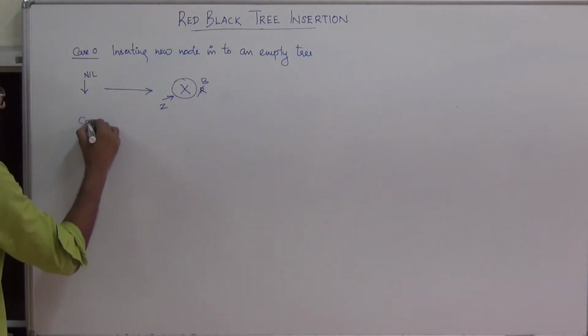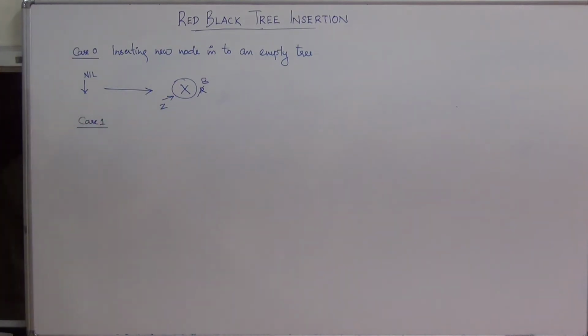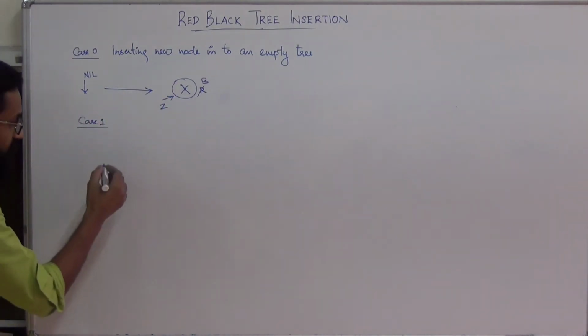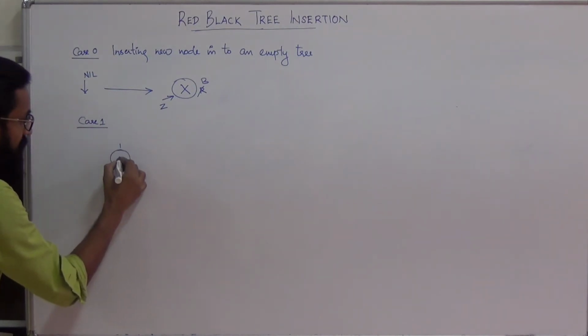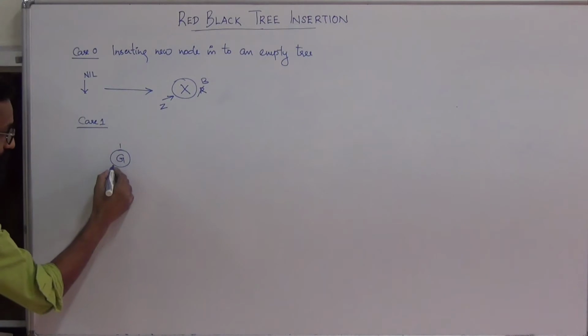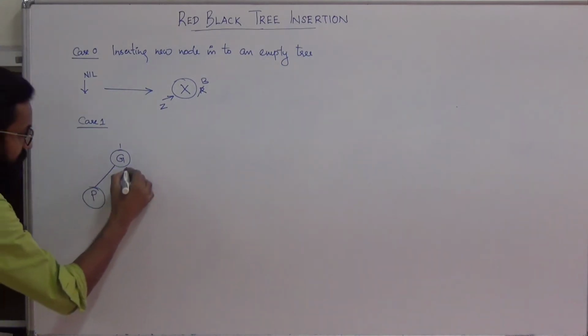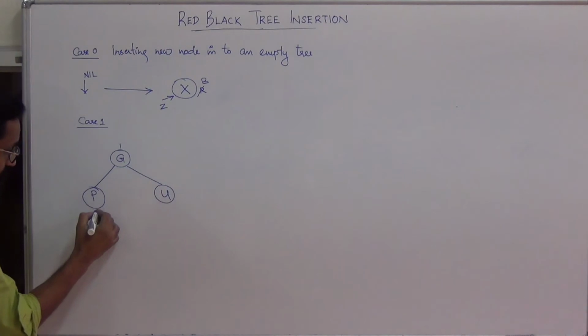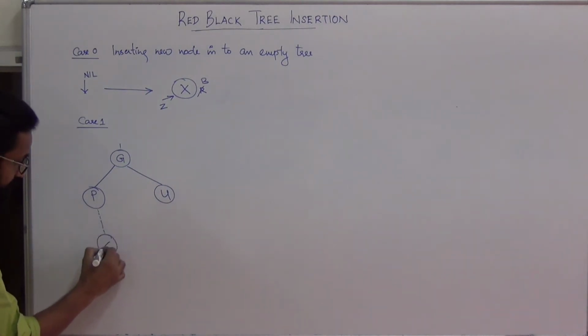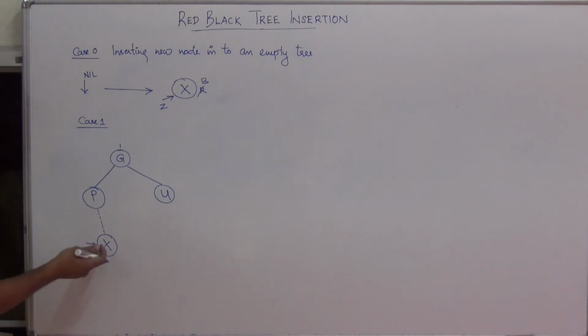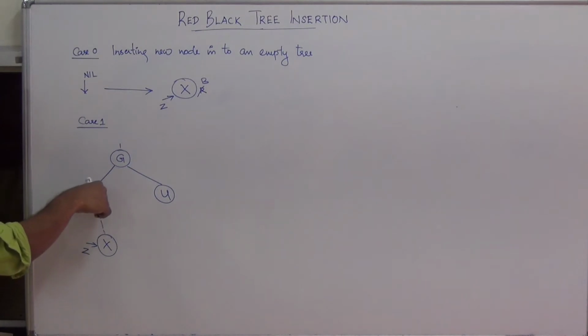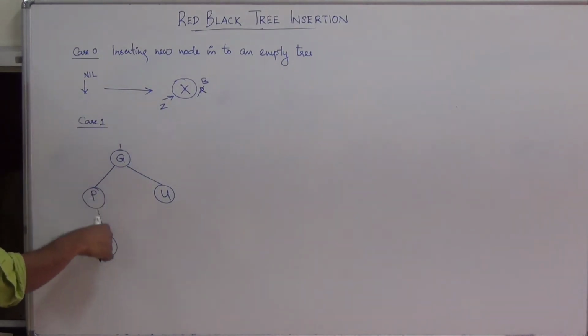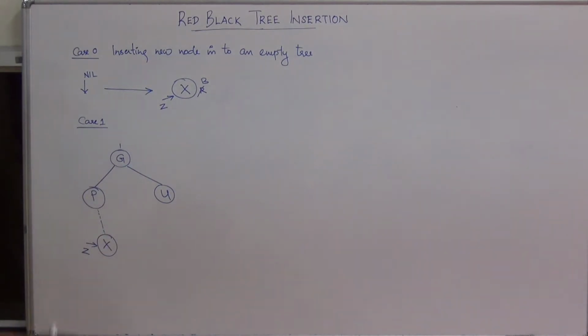Now you can move to case 1. So let us illustrate case 1. You are having a subtree rooted at G. It's having left child P and right child U, and you are going to insert new node X as either left child of P or right child of P. That's the reason for hanging the new node X, like new node pointed by Z, like this. It could be either a left child or a right child. The orientation of X with respect to the parent doesn't matter.